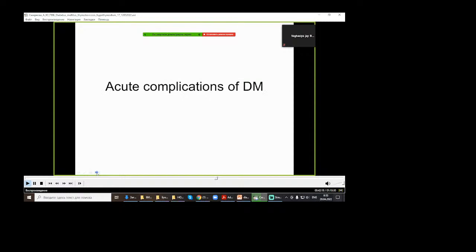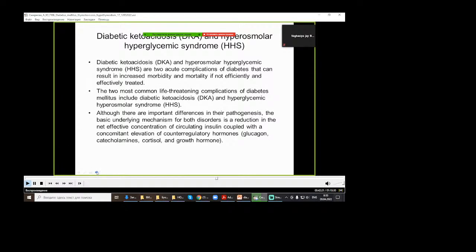Acute complications of diabetes mellitus. Acute complications include diabetic ketoacidosis, hyperglycemic syndrome, and hypoglycemia. First, about diabetic ketoacidosis and hyperglycemic syndrome. These are two acute complications of diabetes that can result in increased morbidity and mortality if not sufficiently and effectively treated. These are the two most common life-threatening complications of diabetes mellitus,